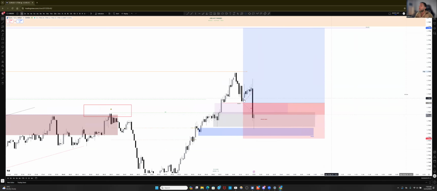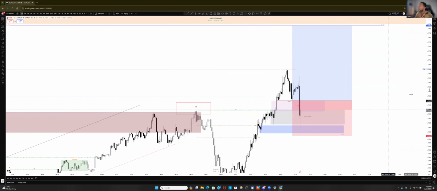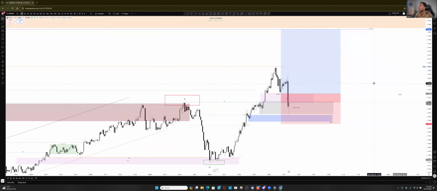A very, very strong drop that price did there to invite early buyers into the trade, took everyone out, mitigated the zone that we said we were going to cover just in case price decided to come lower, and it did. It came to that zone, but that was a very strong, unexpected push to the downside.